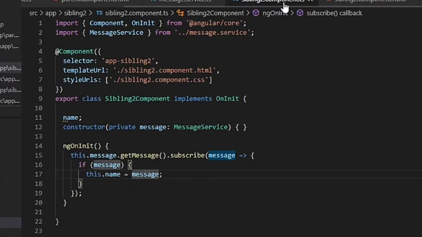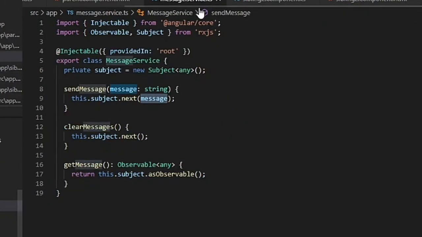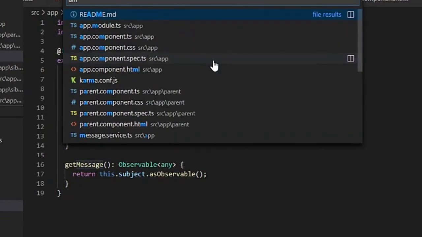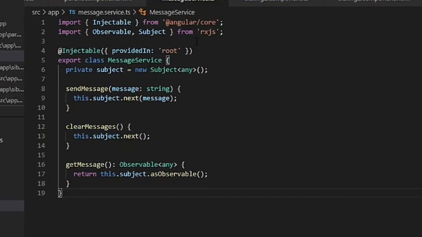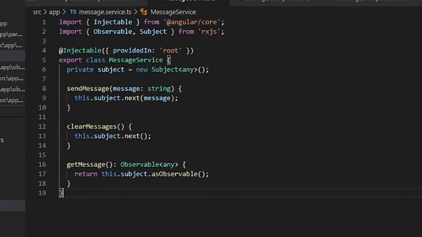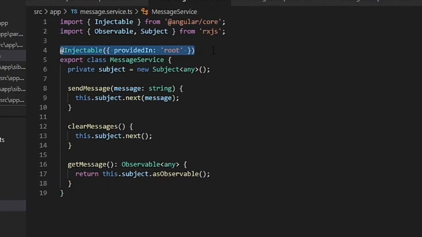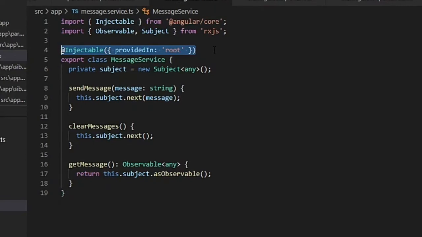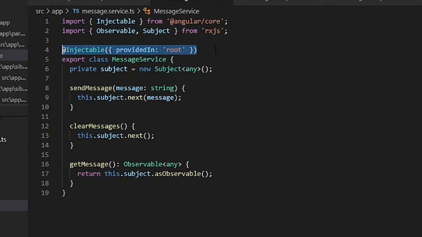You must keep in mind something about creating the service. I am opening the app module.ts. I provided this service with Injectable providedIn root. Must notice this line. This line means that in the entire application there is a single instance of message service. That's why it is working.